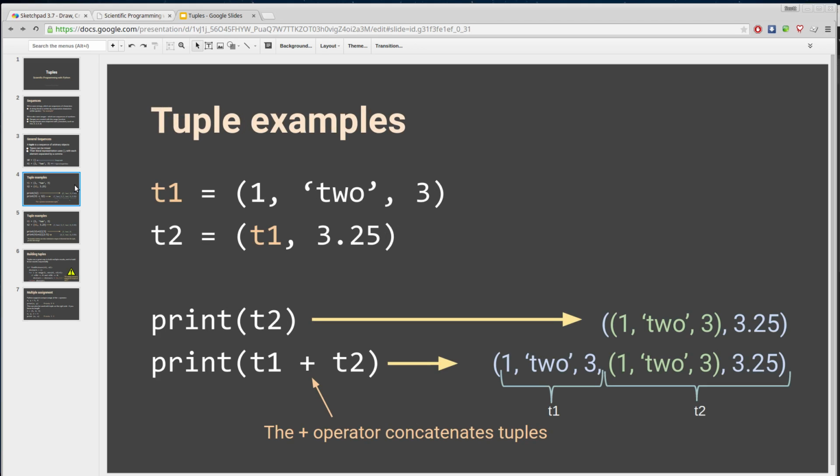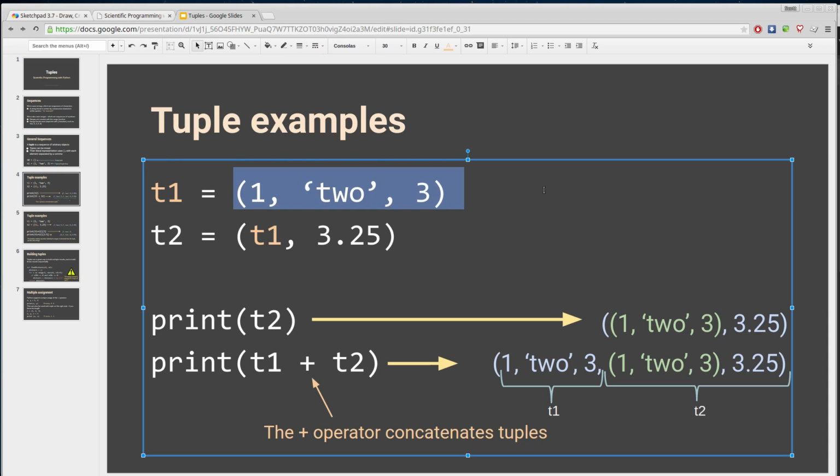So tuples can be combined. I said that a tuple can have any data type as one of its elements, and that includes another tuple. If we look at T1 with an integer, a string, and another integer as its elements, we can create another tuple T2, which consists of T1 as its first element, followed by a float. And so if we were to print out T2,